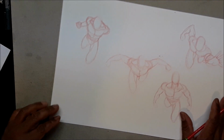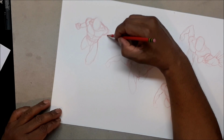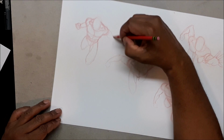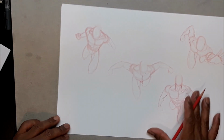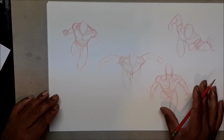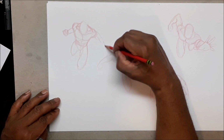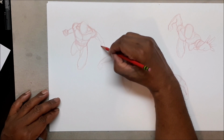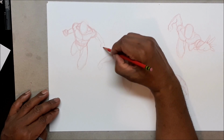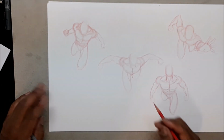Get a newsprint board, and then newsprint paper, and then draw. And whenever you draw, don't try to draw a finished product. Just say, this is sketching. I'm not even going to ink it or detail it or anything like that, so that you won't be afraid to do it. Because a lot of times people in the beginning, they'll try to draw something perfect and they're not ready, and then it doesn't come out, and then they get mad and throw the paper down or throw it away, and they don't draw anymore because